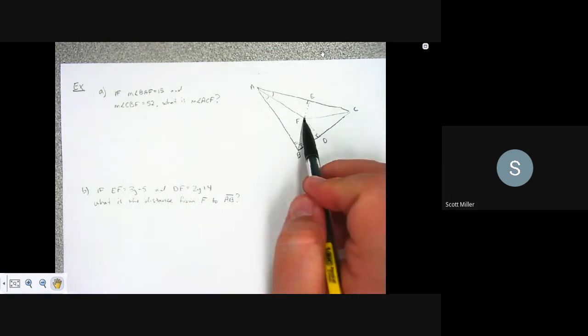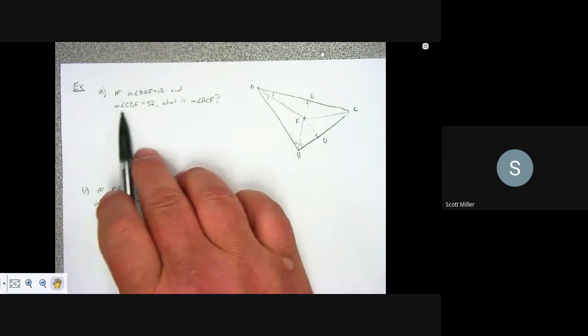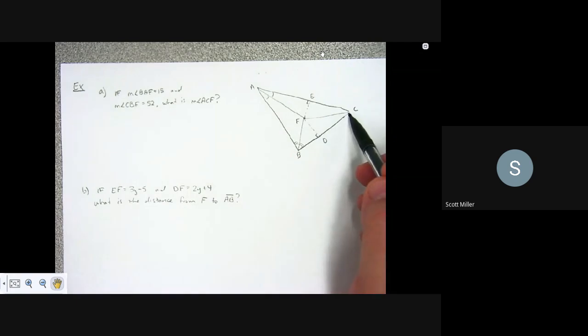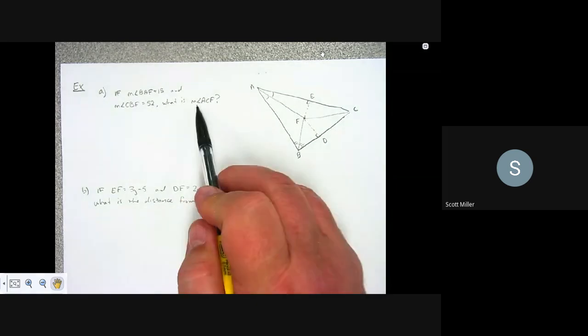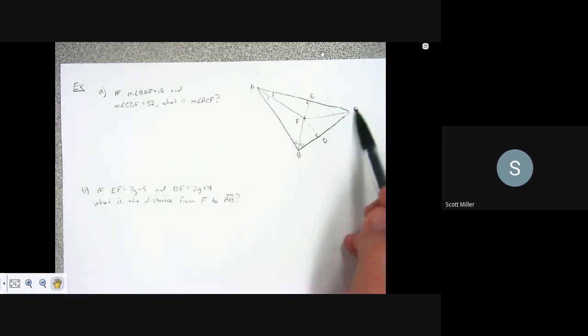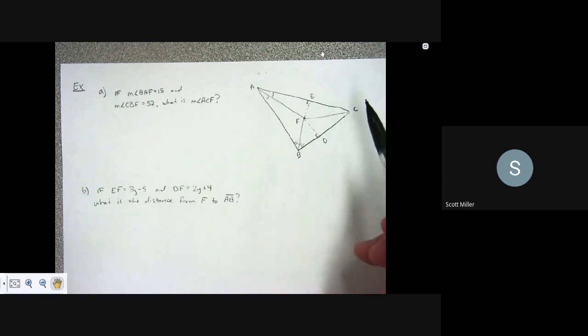They meet at that point. Angle CBF is 52. So even though my drawing is not to scale, you can still work with this. What is the angle ACF? ACF. Okay? Well,